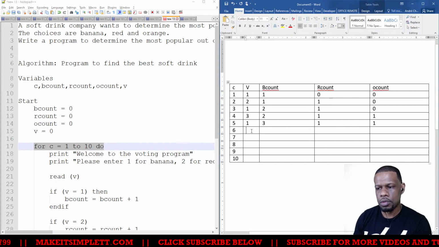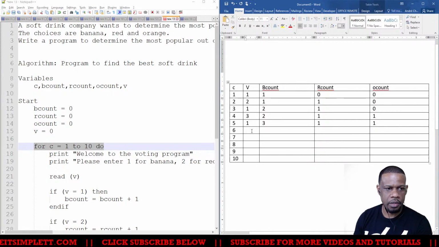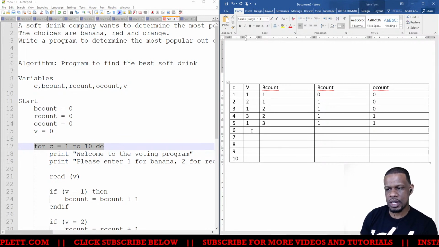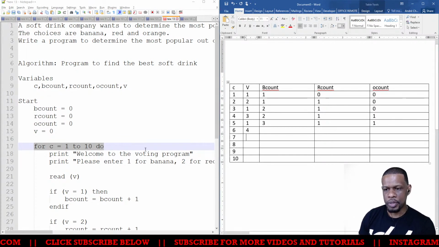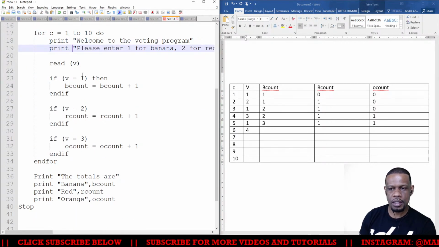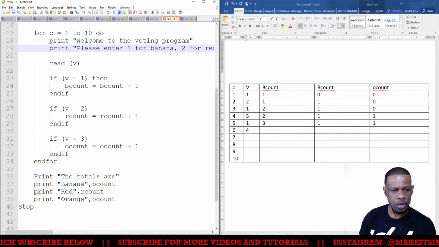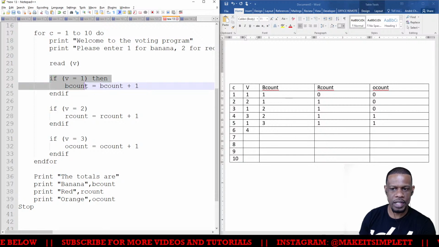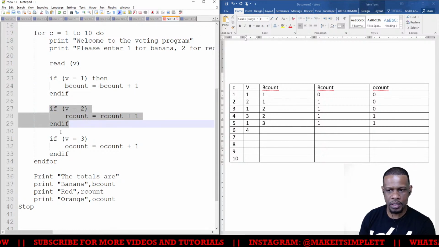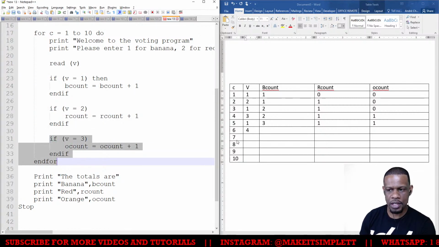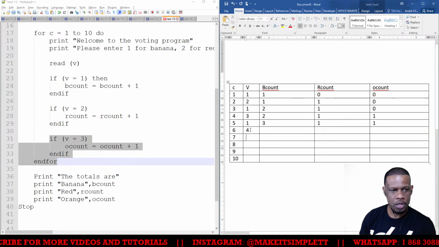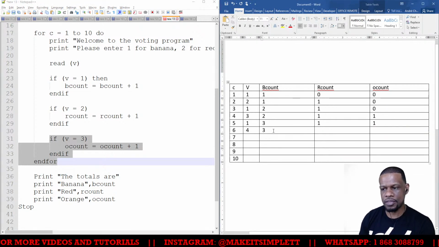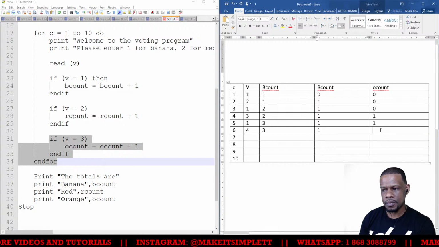And now, okay, now we'll put in an error, right? So I'm going to put in an error. Let's say the person puts in the number 4. Because our program has no way to account for the number 4, the loop will just run and none of these ifs will ever kick in. This if will never happen, this if will never happen, this if will never happen because the person puts in the number 4. So because the person puts in the number 4, we'll just leave the numbers as is.